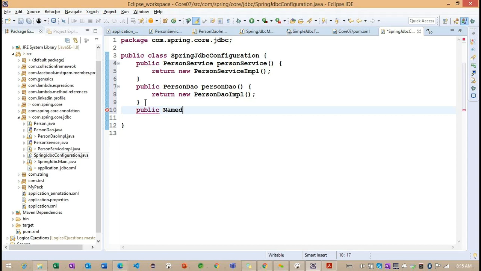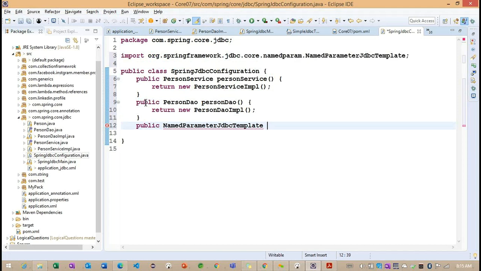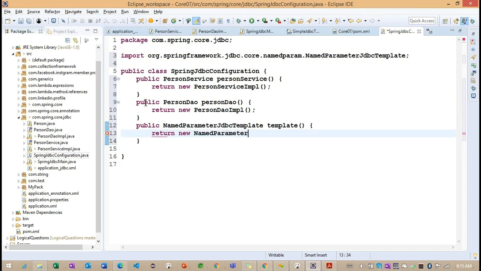First, I want to create the NamedParameterJdbcTemplate. The ID is not going to be useful here. The template I want to create returns new NamedParameterJdbcTemplate, which is expecting a data source here.